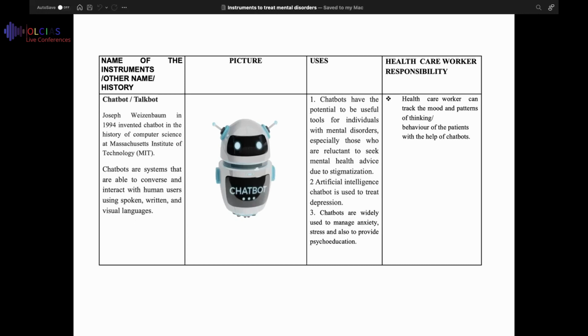And these chatbots are like very small apps that will be installed, and they can be spoken to, written to, and used with all visual languages. So all the problems can be just